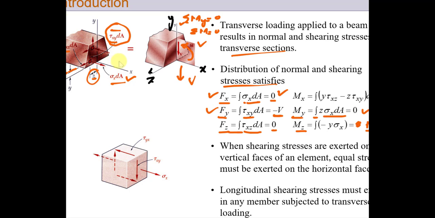Similarly, the moment produced due to the shear force in x direction is Mx. You can see this is in x direction, and this is the shear force in y direction, and both are acting in the x plane. So moment about the x axis will be the integral of tau of xz into y minus z into tau of xy dA, which is equal